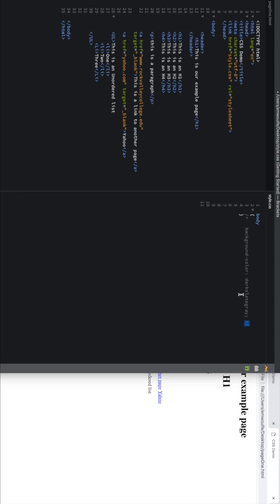So /* and */ and everything else in between becomes commented. Even easier is you can select a line or a range of lines in Brackets and say command or control /, and it's going to go ahead and toggle through commented and commented out. So I'm going to come back through here and comment out, frankly, all of the body. So here's my comment line on 1, here's my comment line on 6, and that means none of this is